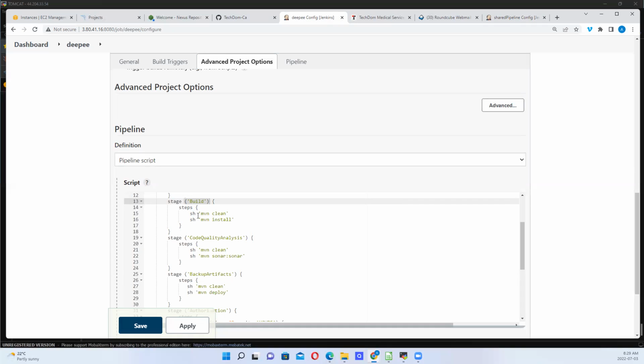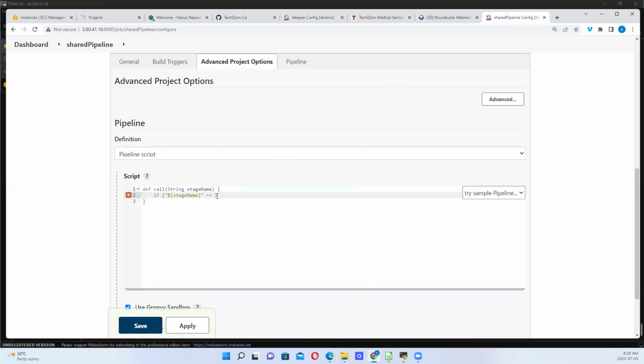So if it is build, we copy build exactly as it is over there and put it here. If build is this, we take this out of brackets. So if that is this